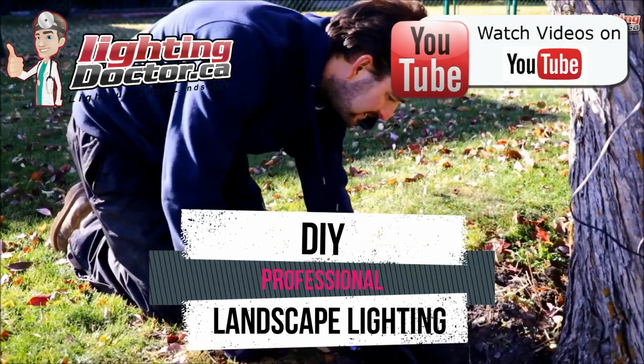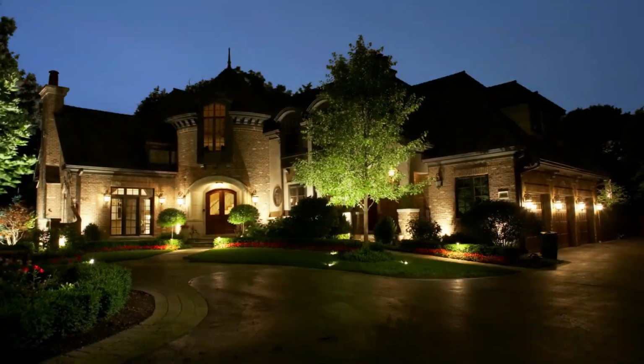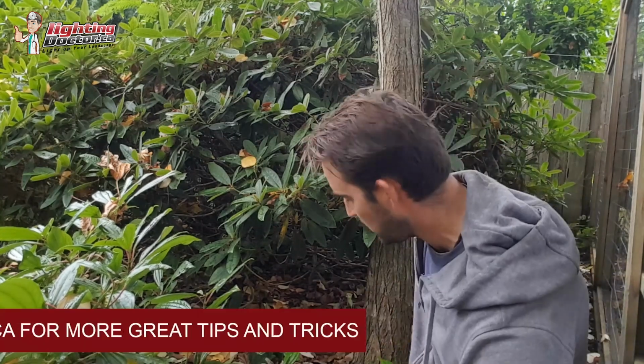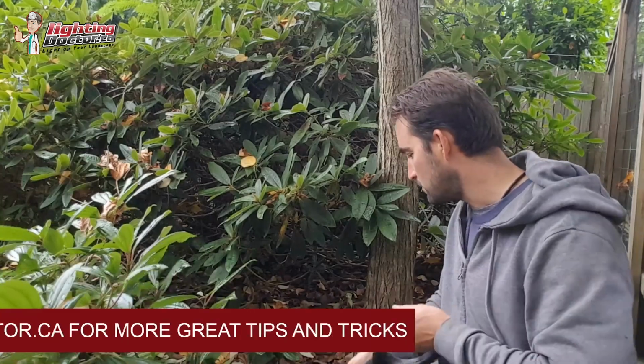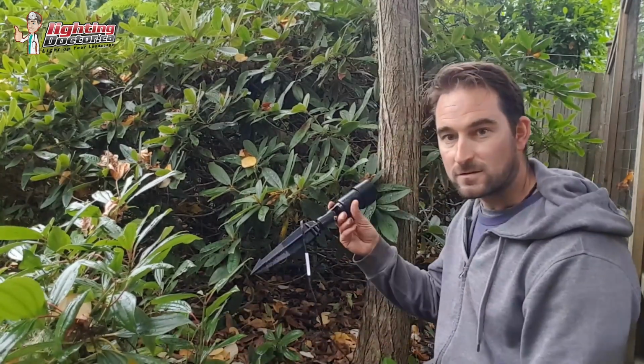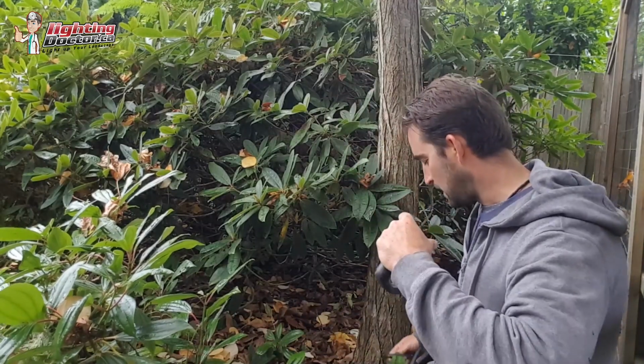In all my videos, the first step is I'm just going to go place the lights. I've laid them out around the property. Now I just want to dig them in and get them set so that I can come around and wire them. So how I'm going to do that is I'm just going to select my positioning, roughly where I want that light. I'm going to dig a small hole,